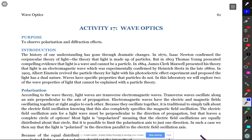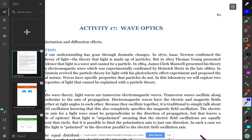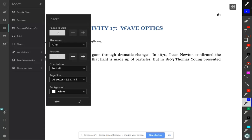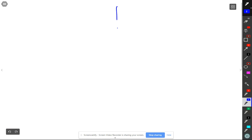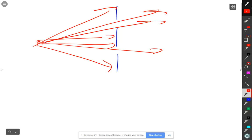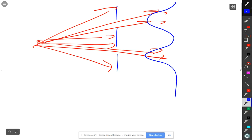My whole lecture today has no slides prepared to go with it, which is unfortunate. So let me put in a whole bunch of slides so I have room to do whatever I want. If you had something like this and you were throwing balls at the fence, you'd expect to essentially see two piles back here. You'd see a bunch of balls here and a bunch of balls here, and that's it, right? That's a particle description. But what Thomas Young saw was instead of just two spots, let's see, where did I put my...